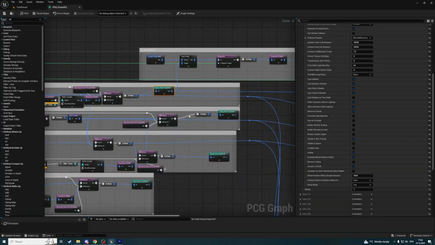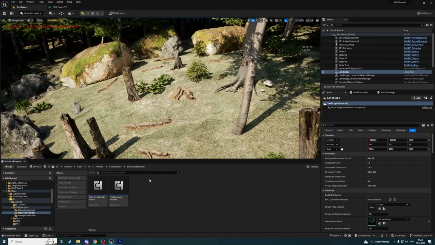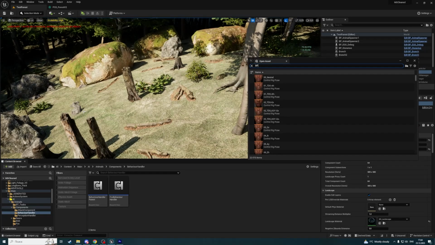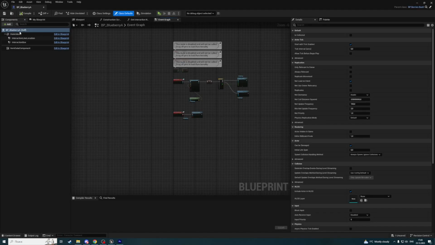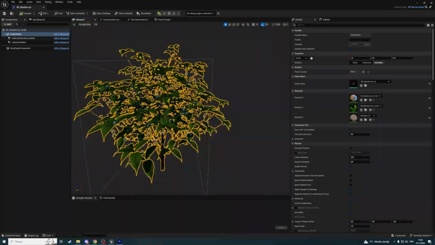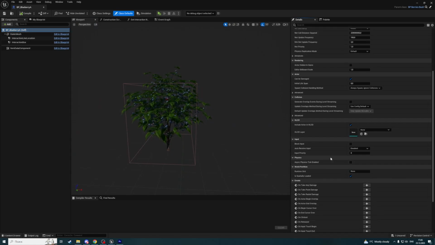Also, all these parameters can be set up not only for a static mesh. They can also be set on an actor. Let me open, for example, my blueberry actor. Here it is, and here on an actor you may find